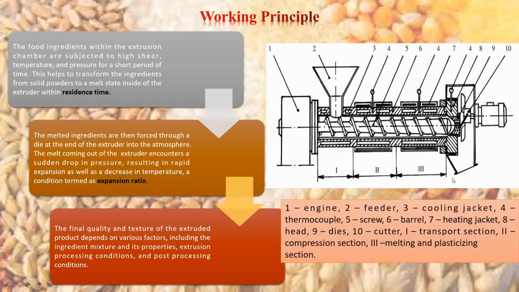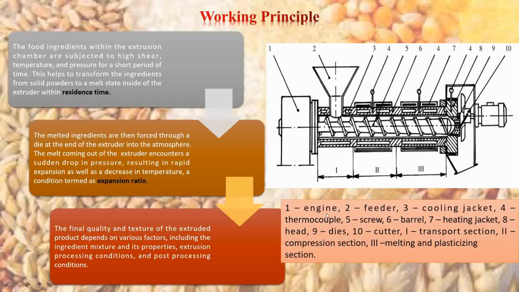So along with the head, the cutter or the orifice and the dies are fit, which actually acts as the mouth of the extruder machine, through which the entire extruded product comes out in the particular form that is needed. And then this particular blade present here is the cutter, which cuts the formed material into that particular size or equal sizes as per the requisite